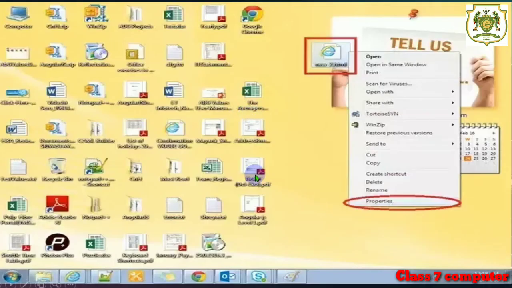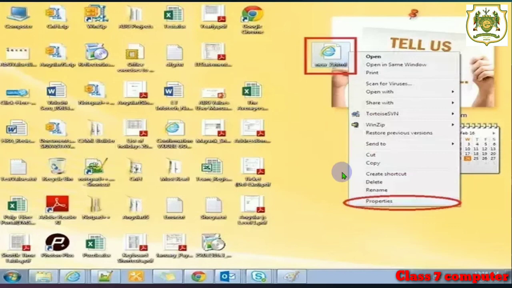Once the document gets saved in your system, like if we have saved it on our desktop, then we can see the icon of that HTML document on our desktop. Here, it has been observed as an Internet Explorer icon. When you double click on this icon, you can view the HTML output in your web browser. Any web browser we can use, students. We can use Internet Explorer, or Google Chrome, or Mozilla Firefox.